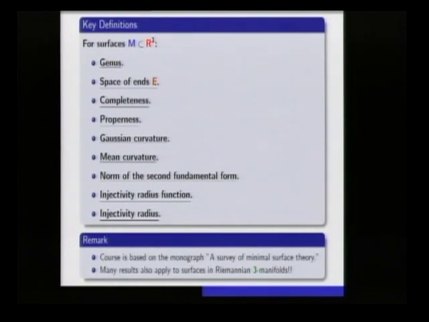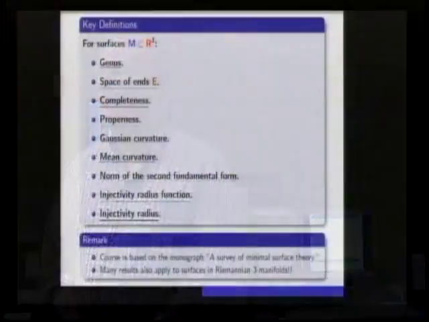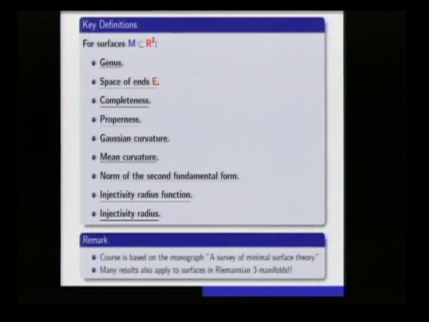Okay, so those are some really basic things that I'm going to talk about. I'm going to talk about more than these things, but thinking in terms of definitions, what is fundamental for today's lecture is that I'm going to be looking at surfaces in R3, and analyzing certain invariants associated to those surfaces, sometimes associated at each point on the surface. One of those invariants is the genus. We're going to be talking about the genus.